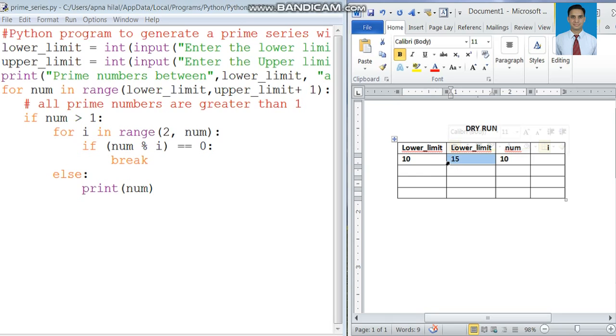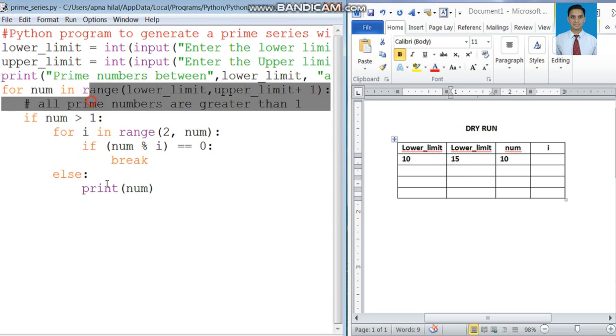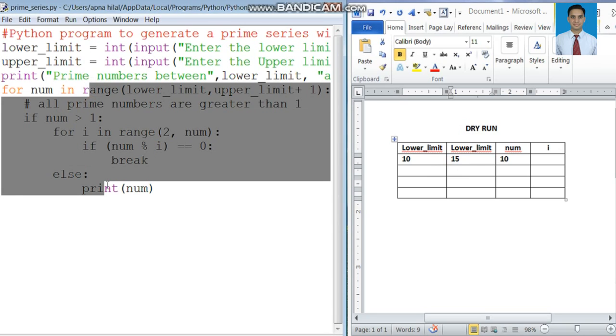So the for loop will get started, for num in range lower limit to upper limit. Here is the actual logic of this program. The value of num will be 10, and if num is greater than 1, yes, 10 is greater than 1. So within the for loop, the internal for loop will get executed, that is another for loop. For i in range 2 to num, the value of i is 2, up to 9.